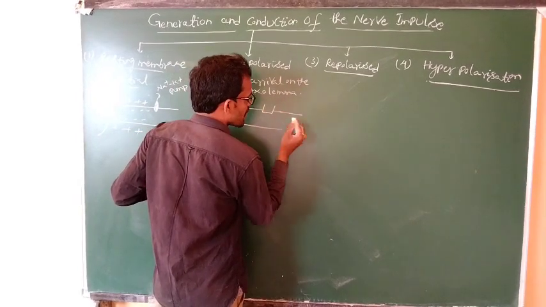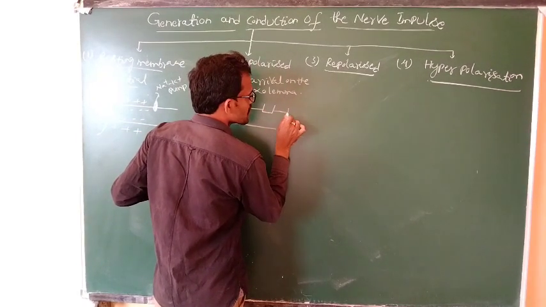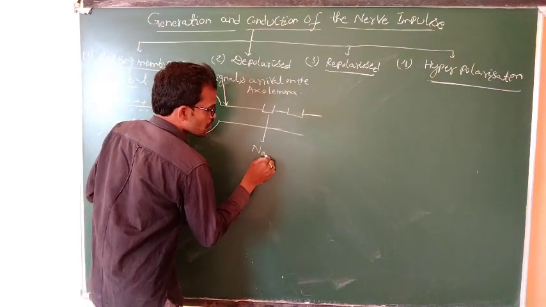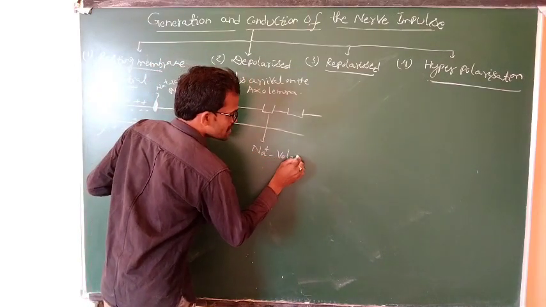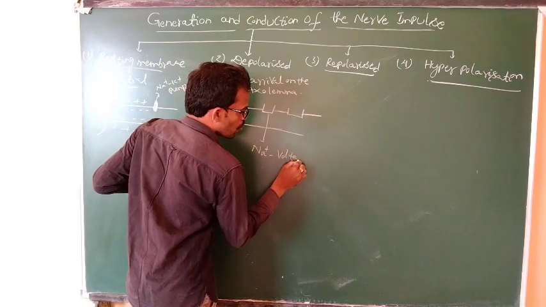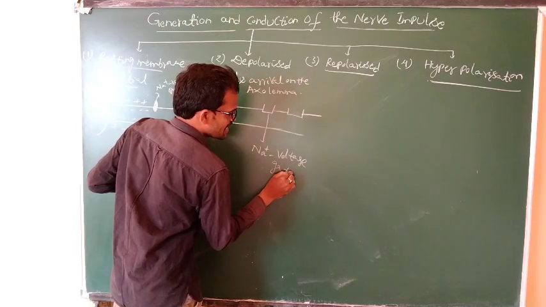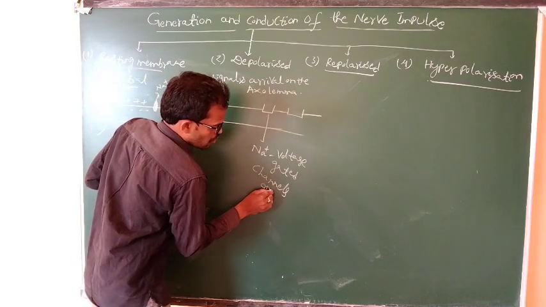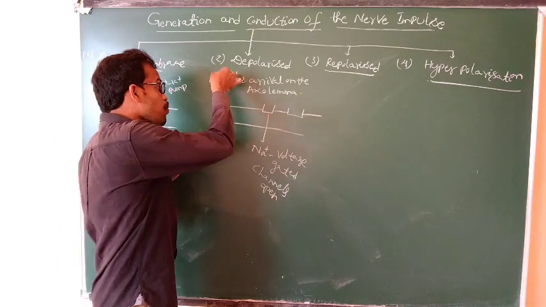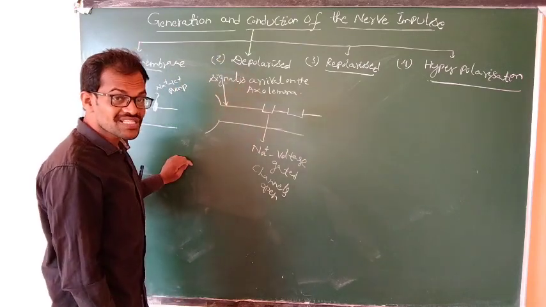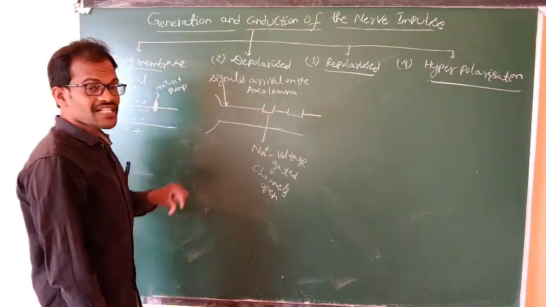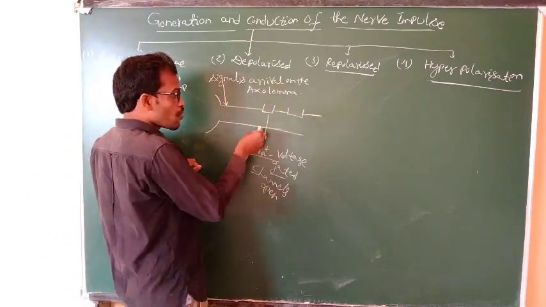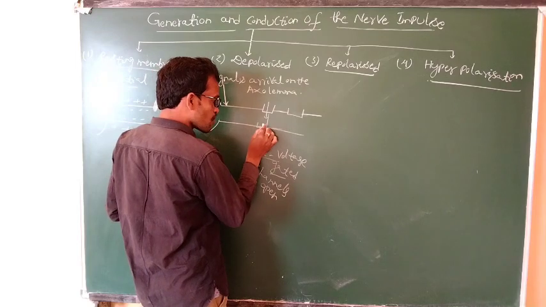Sodium channels are open. What is it now? Sodium voltage gated channels are open. Once they receive the stimulus, the axon membrane receives the stimulus, sodium voltage gated channels are open. Once the sodium voltage gated channels are open,